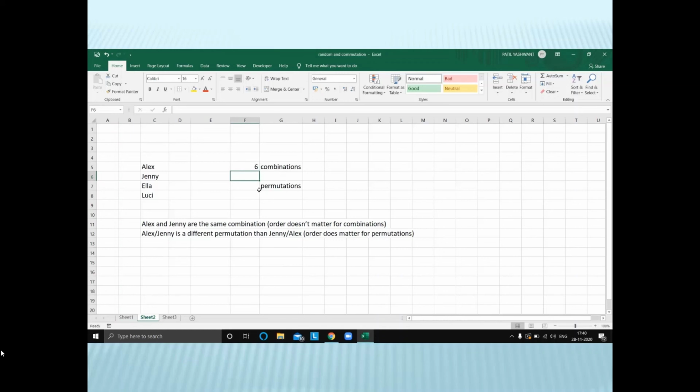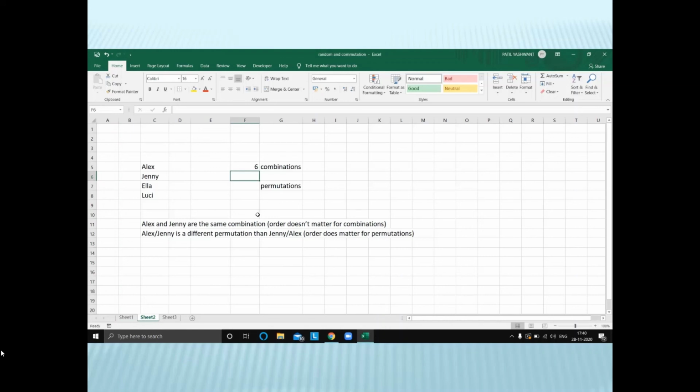There is also something known as permutations. With combinations order doesn't matter, so Alex and Jenny would be the same combination as Jenny and Alex. Permutations are a little different in that order does matter. So Alex and Jenny in that order is different from Jenny and Alex.